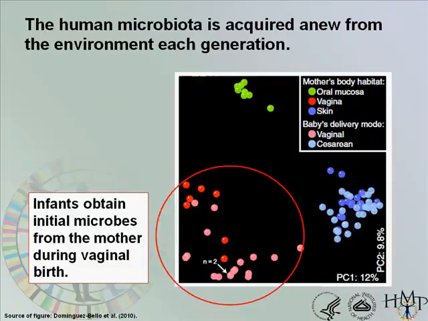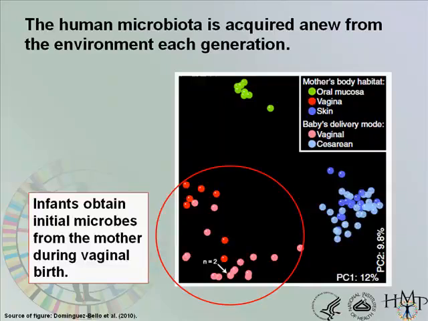And what you should see right away, and I circled it in red, is that the initial inoculum is actually coming from the vagina. And it's actually even more amazing than that. During the 9-month gestation period, the mother's vaginal microbiome coalesces and develops into this inoculum ready for the baby to be born. Okay?